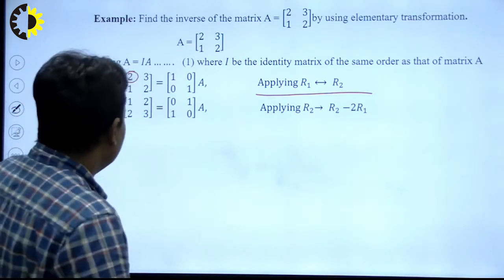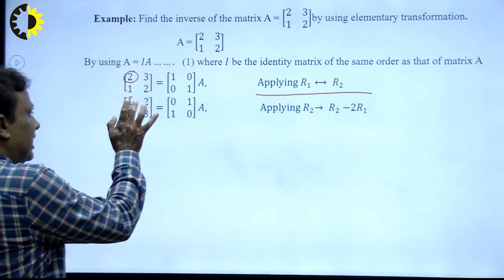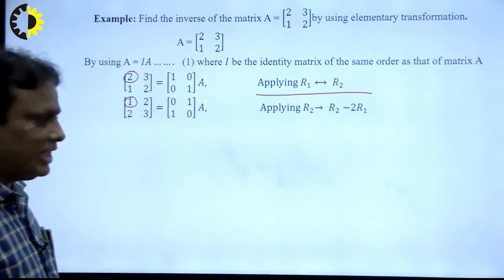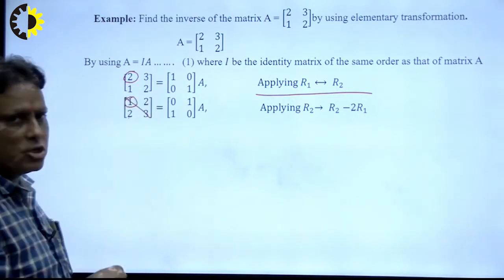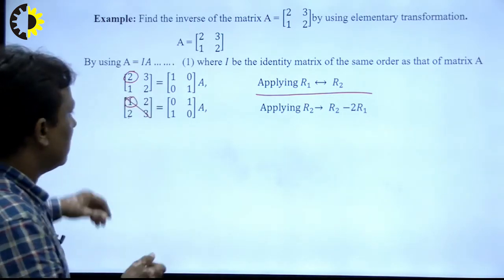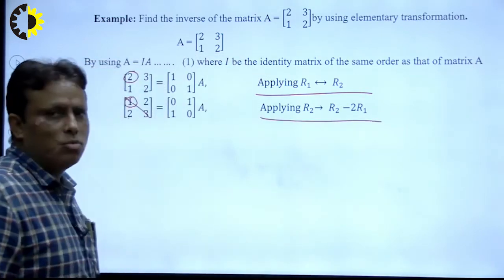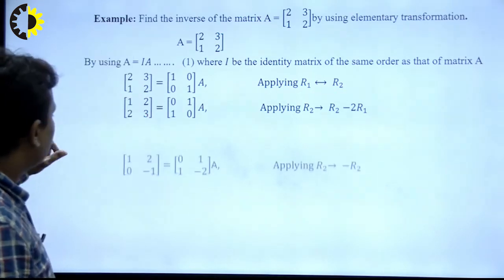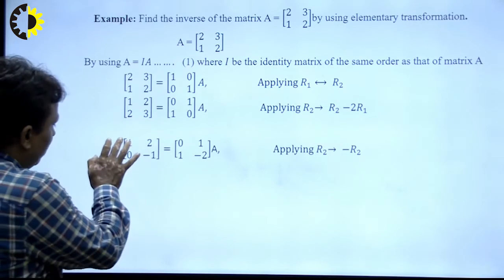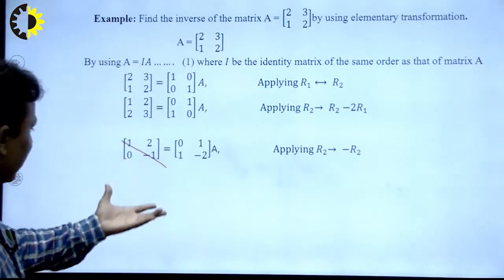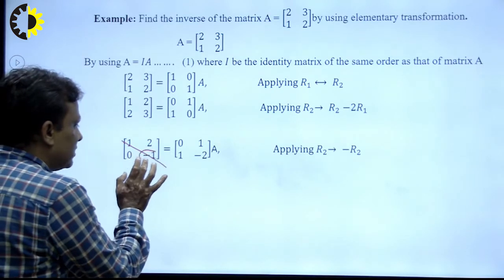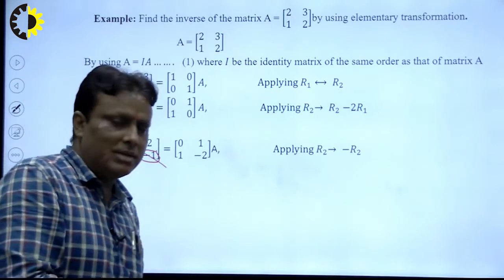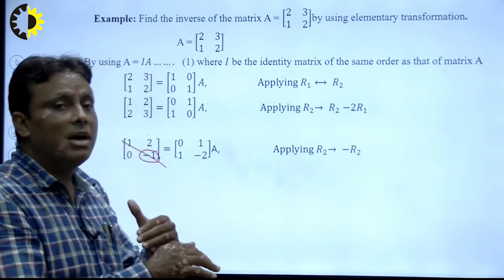Now the question is that with the help of this element we reduce it, right? First of all we reduce it to upper triangular form, that means all elements below the diagonal element should be 0. So how to reduce? I apply here R2 goes to R2 minus 2R1, and if I apply this operation we get this result, right? Now the elements below the diagonal are 0. Now our aim is, with the help of this minus 1, to reduce this element to 0, that means first below the diagonal element and after this above the diagonal element.